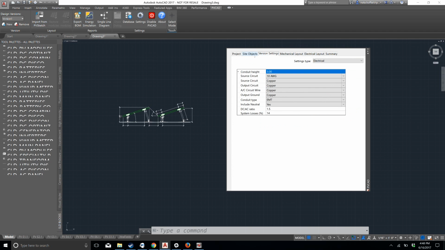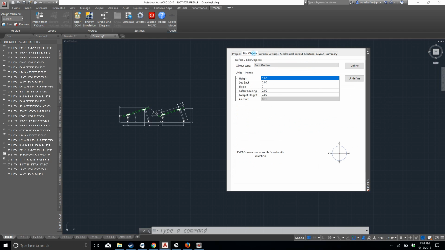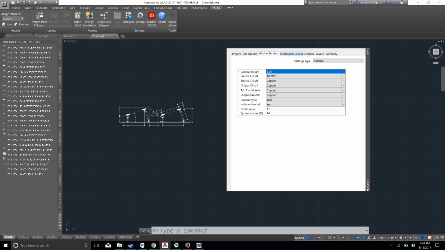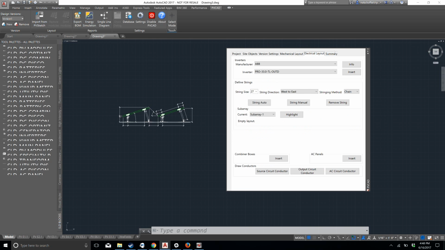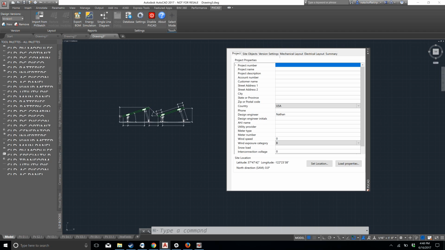So essentially, you're going to be working your way through this project. You're going to start on the left with Project. You're going to go to Site Objects, then you're going to work on Version Settings, Mechanical Layout, Electrical Layout, and then Summary will be the last tab. It'll have all the information about the project created. So we're working left to right typically. Of course, you can jump around as needed, but that is the general direction flow when you're working inside of